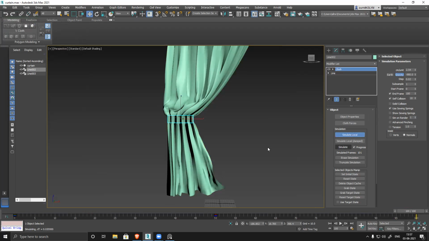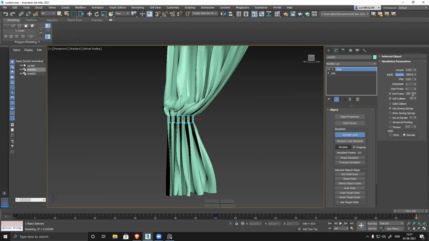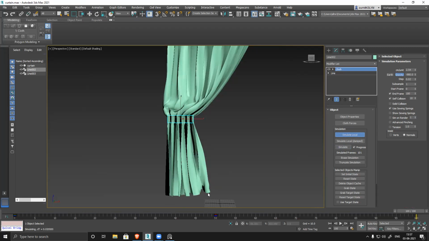So I can click on simulate local so that this thing will continue. Simulate local is not dependent on the frames. Simulate is dependent on the frame because there is an animation also. So without this, animation won't work. So my animation is finished already. So now I can use simulate local and fix all these shapes.